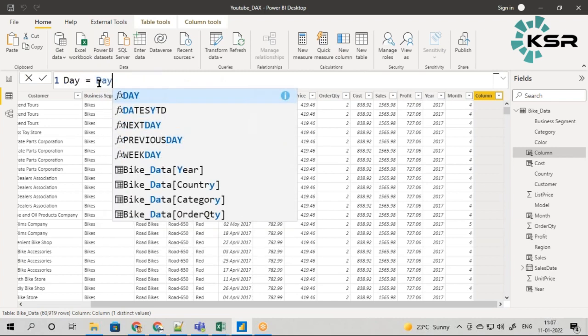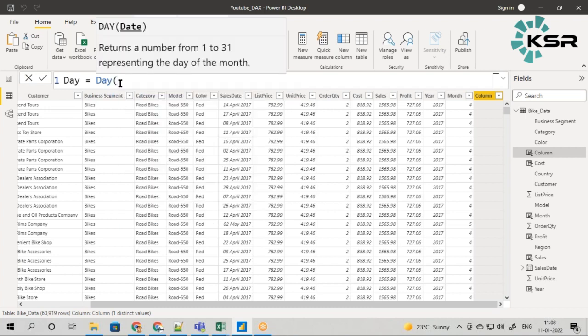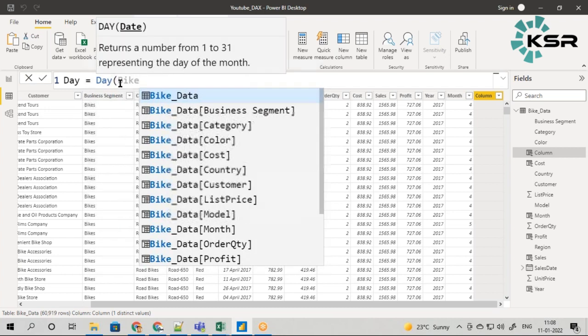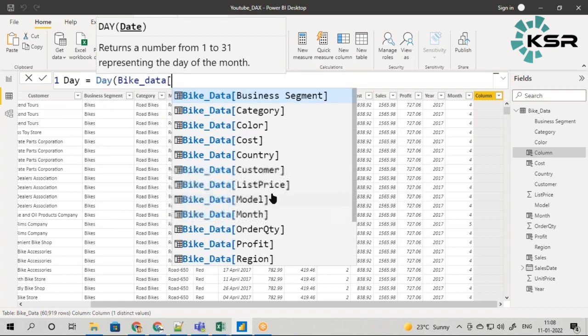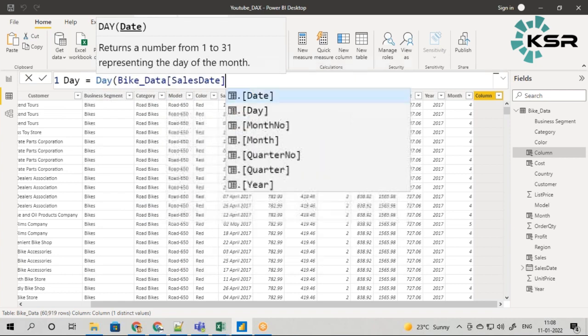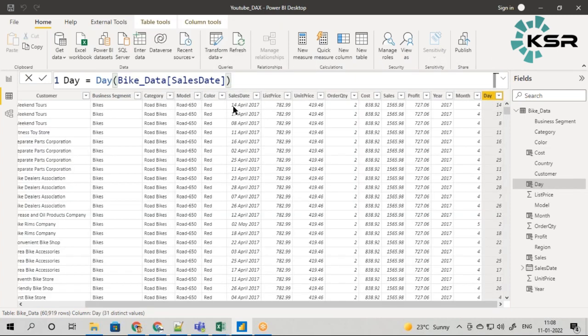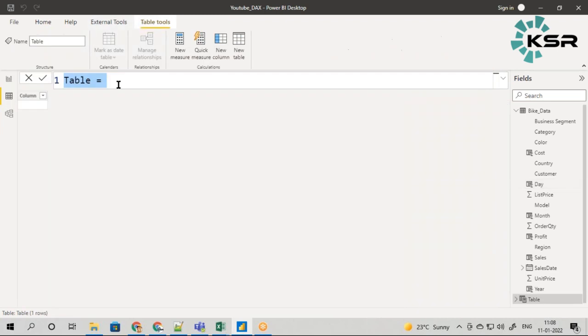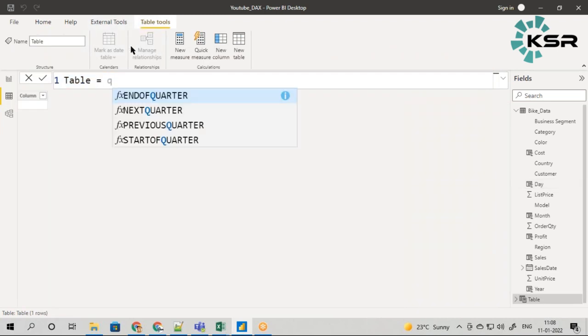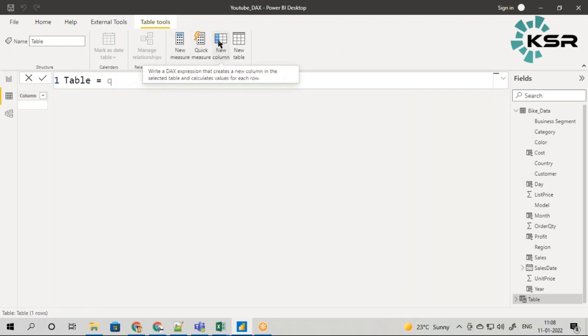The function I use is DAY, again sending bike data of sales date, which will give me the day. So for 14 April 2017, day is 14, month is 4, and year is 2017. So I was able to add month, day, year, and in fact I can even have quarter. It should be a measure actually, the new column.